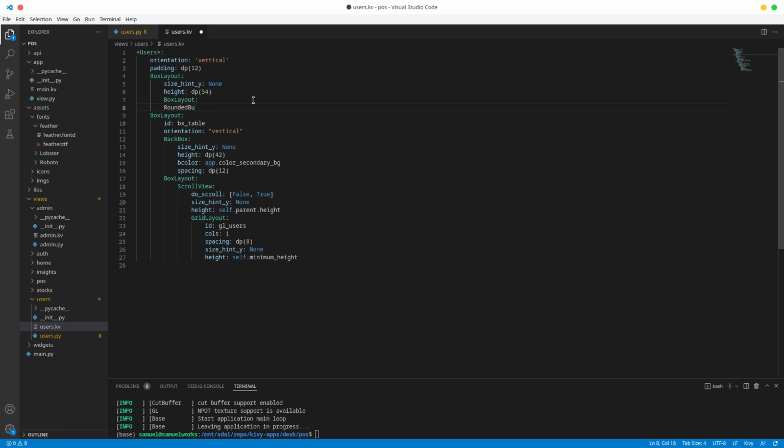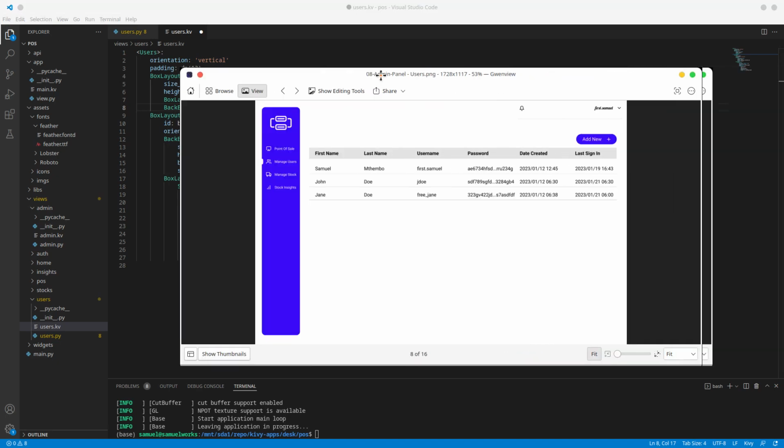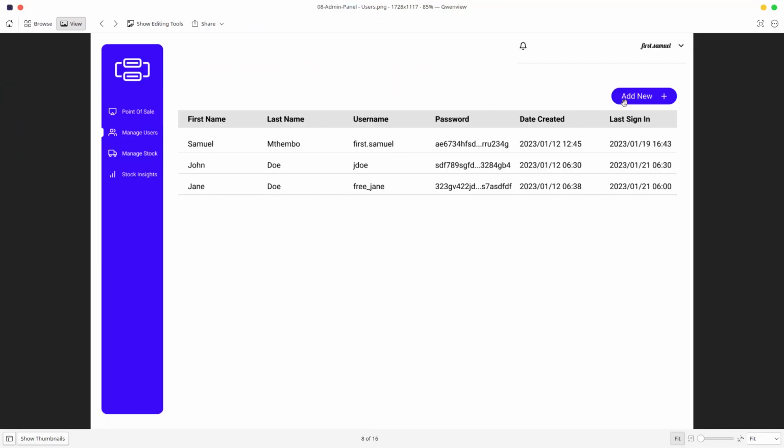Actually, should we add... I'm just trying to think, hold on. Alright, I'm going to add a backbox actually. Alright, so what I'm doing now is I noticed I can't just add a rounded button because